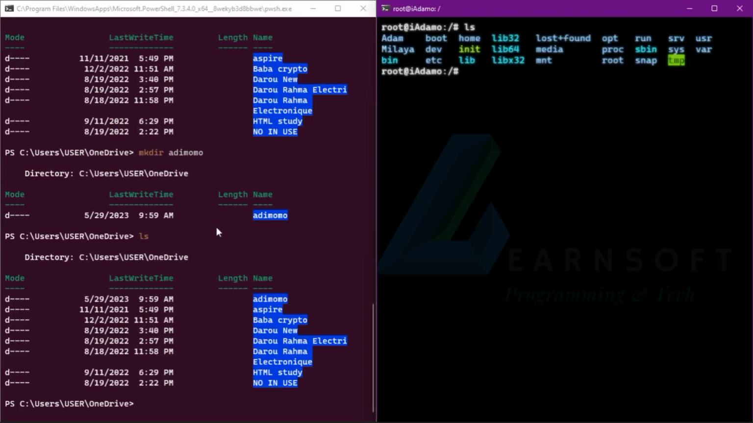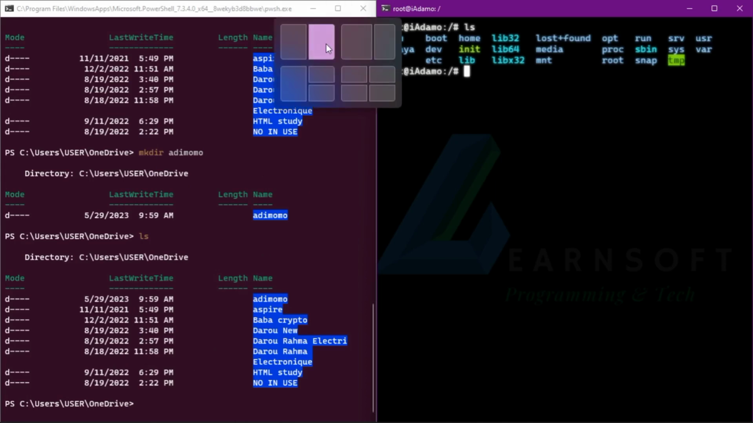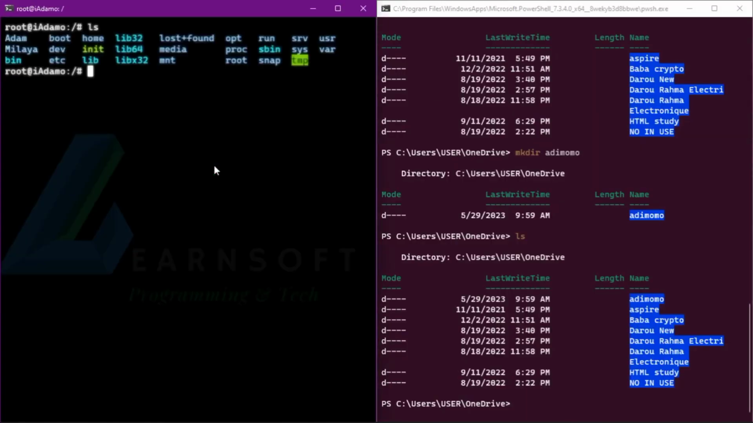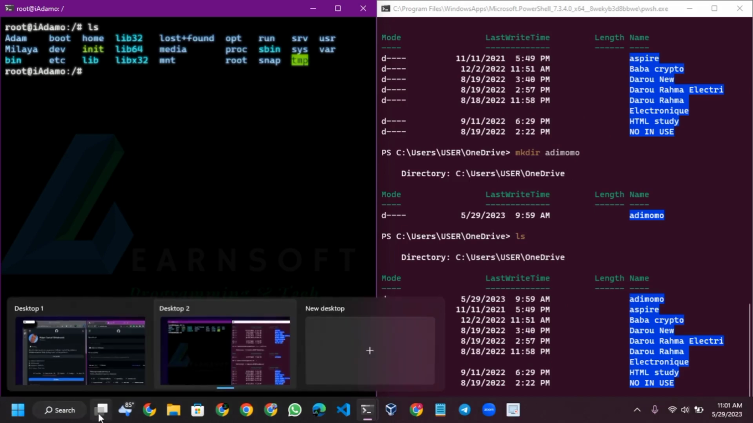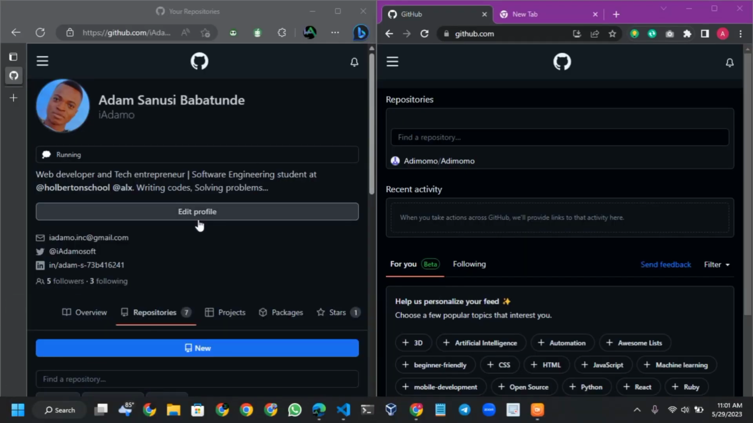So now here we have the terminals for the owner, which should be at the right actually. So I will switch the screen to the left. The owner will be at the left, while the collaborator will be at the right. So these are the environments we'll be working with. The owner is actually using Linux, while the collaborator is using Windows. So now